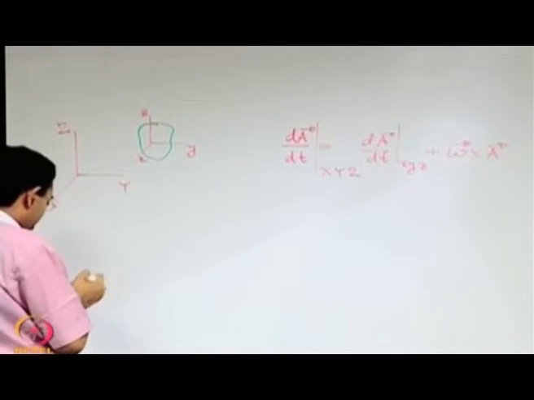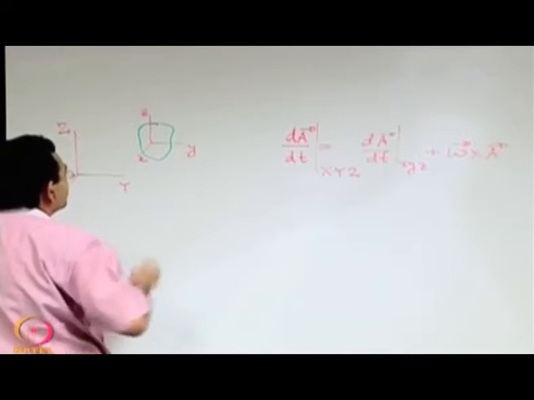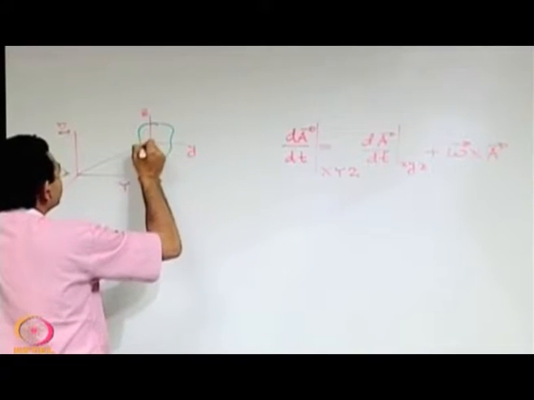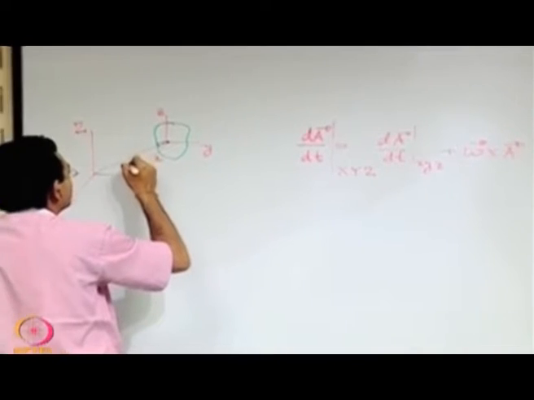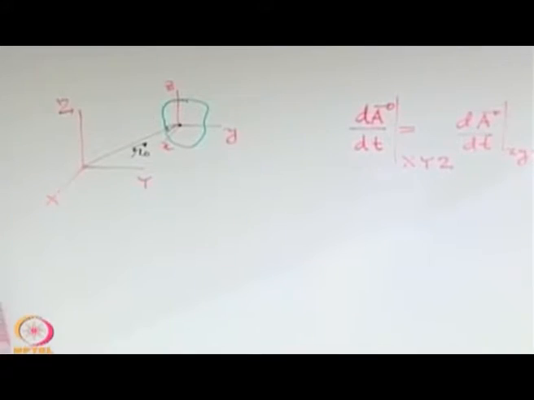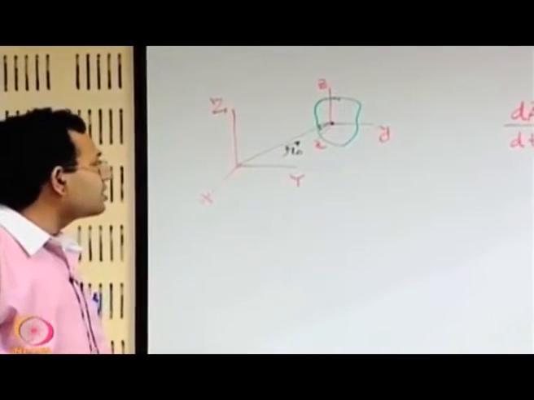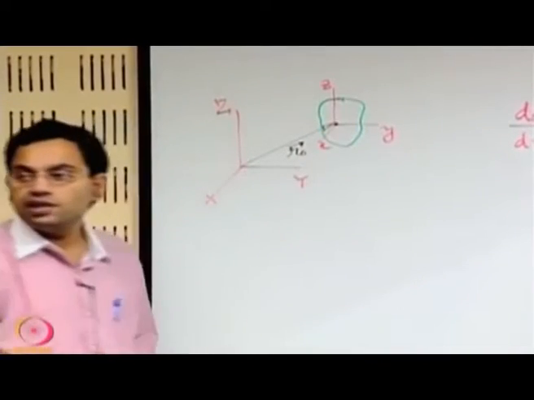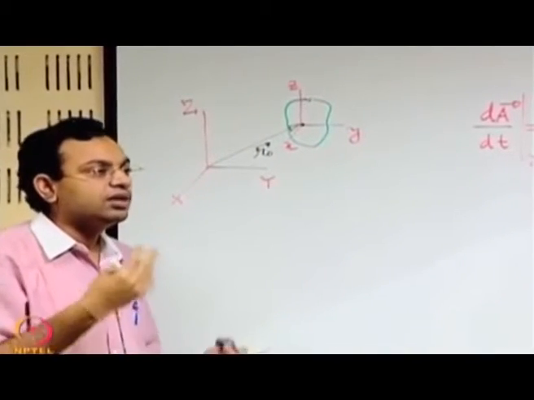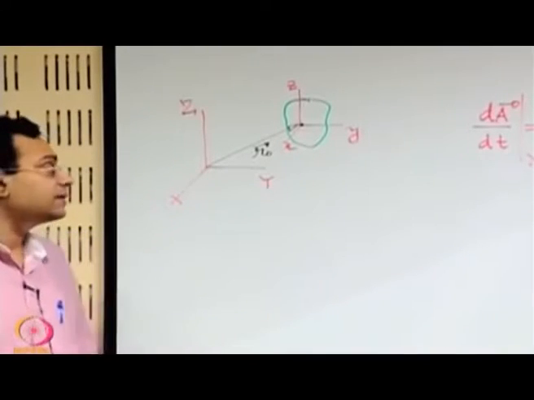The translatory motion is like, if you have the origin of the small xyz as this one, then if you have the position vector, say let us call it r naught, the rate of change of this r naught with respect to time gives the translatory velocity of the small xyz reference frame. On top of that, the small xyz reference frame is having a rotational velocity in general. There may be special cases when rotational velocity is not there.